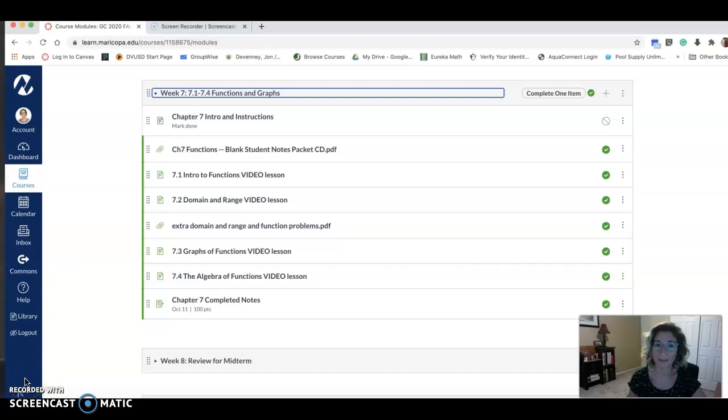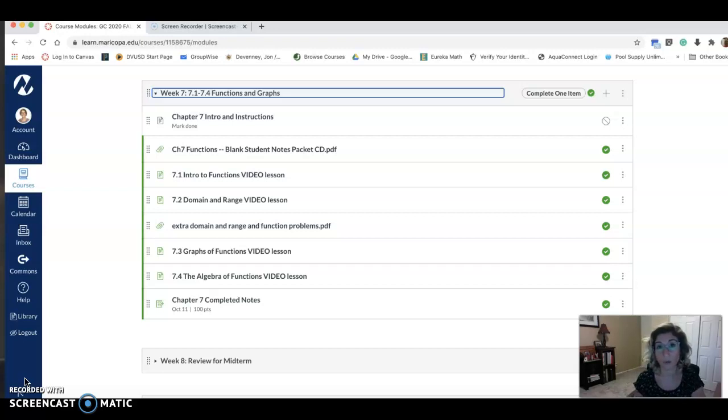All right, we're in Chapter 7 now, and in Chapter 7 we're going to cover 4 sections, 7.1 through 7.4, and talk about functions and graphs. So we're going to talk about what different equations might look like if we were to graph them. We're going to talk about x values, we're going to talk about y values, we're going to talk about sometimes how those can be restricted or certain x values won't work. We're going to talk about graphs and even a new way of writing equations or different notation we use called